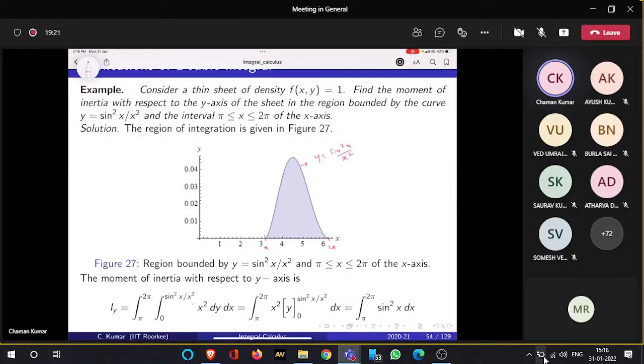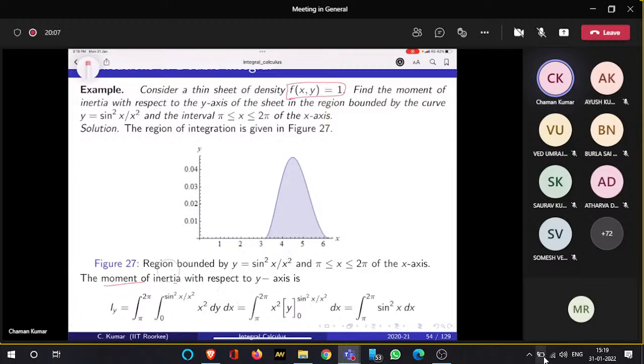Okay, so this shaded region is the region of integration, and the density we are given is one, constant. The density of the plate at point xy is 1 for all xy in the shaded region. The density is uniform throughout the region. So the moment of inertia with respect to the y-axis, if you calculate with respect to the y-axis, you write x squared times f(x,y). But in our case, f(x,y) is 1. So you have this. And now we find the range of integration